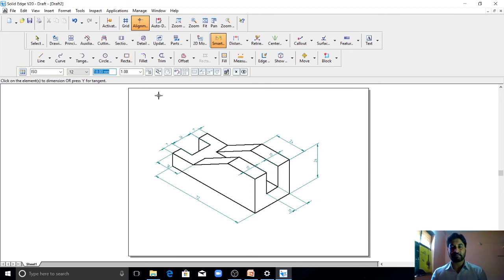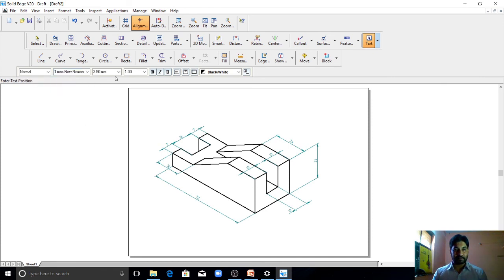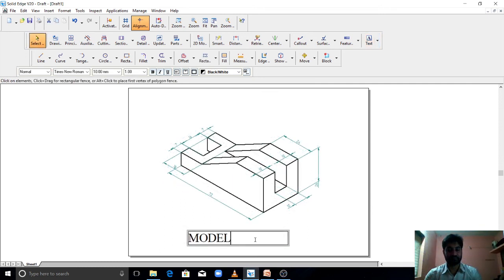All the dimensions. Next you can write any text here. Go to the text command here and select the suitable font style. Select the size of the font, click and drag here so that you can write anything here. So this completes this model.